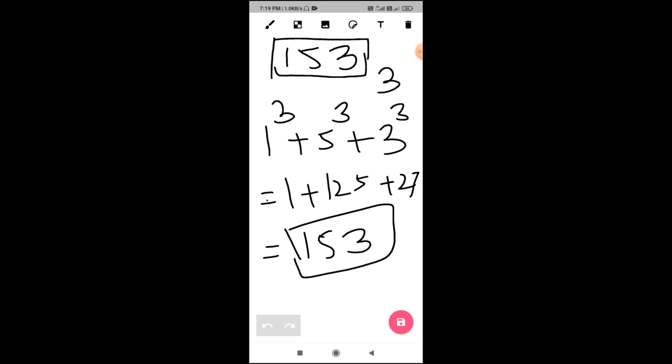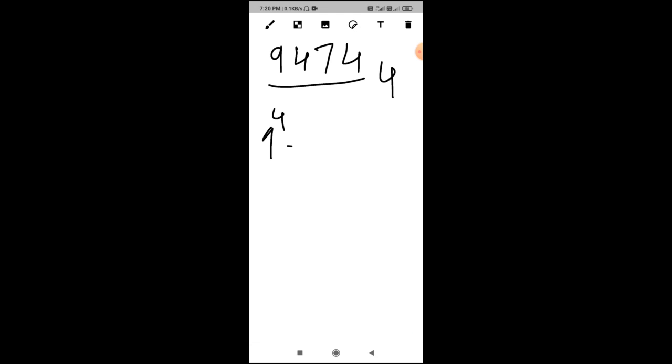Similarly, I am going to take one more number, that is 9474. Now here the total number of digits is 4. What is the way to calculate the Armstrong number when the total number of digits is 4? You can calculate it by breaking the number into digits and raising each to the power of the total number of digits, like 9 to the power 4 plus 4 to the power 4 plus 7 to the power 4, again plus 4 to the power 4.